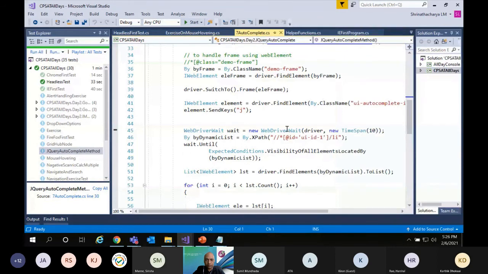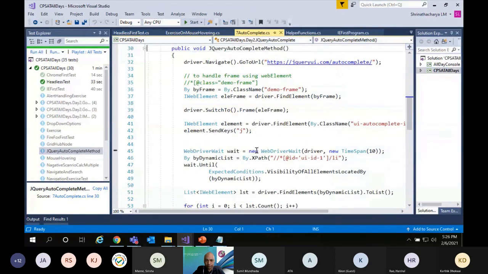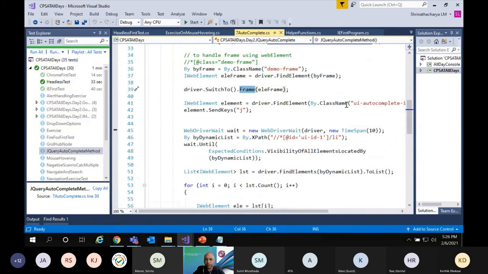Something on frames, okay. Say suppose we switch to the frame, we can switch to the other frame, get the autocomplete element, and send keys, all those things.